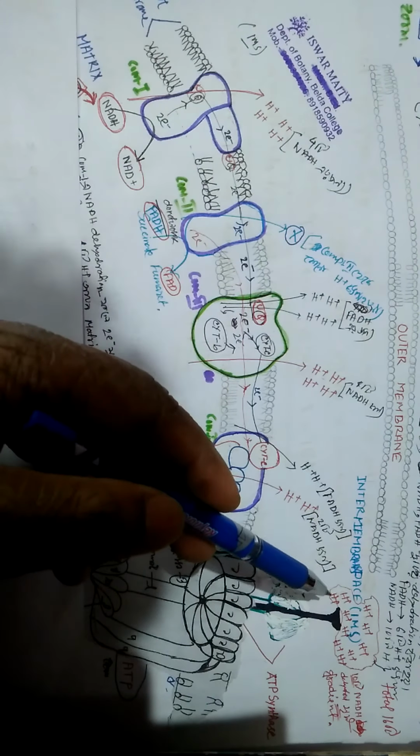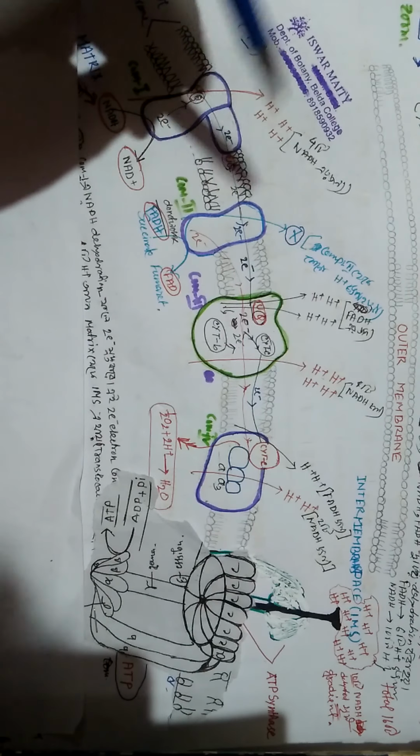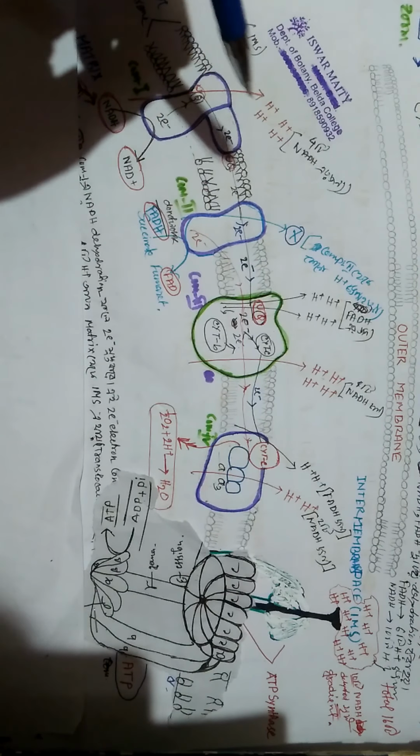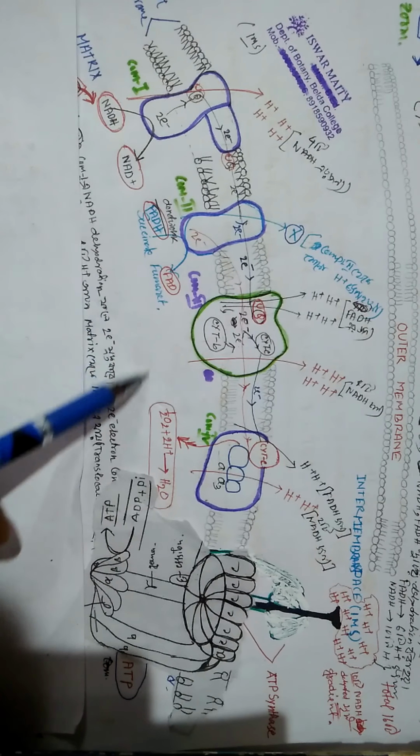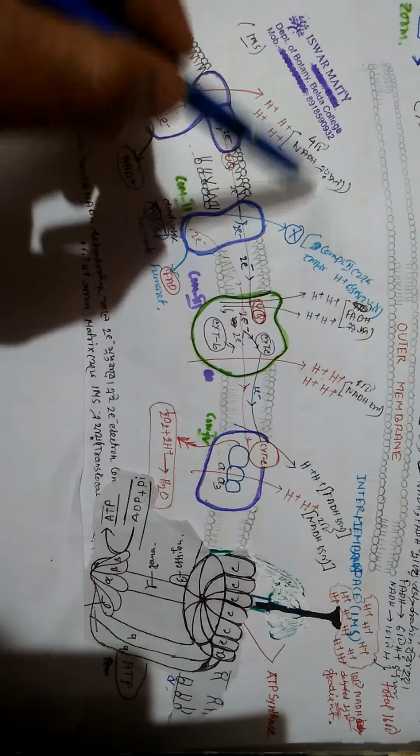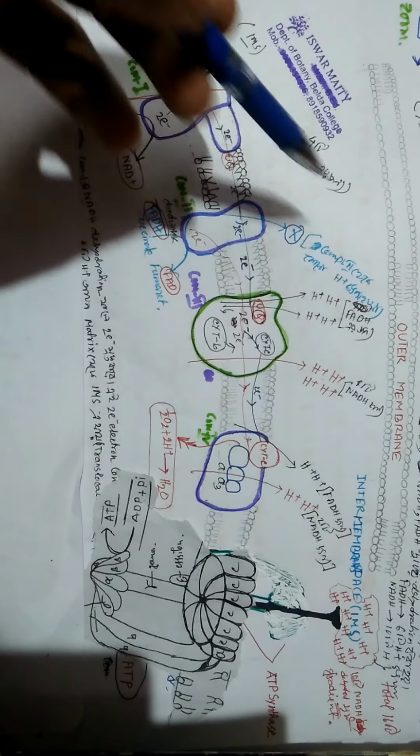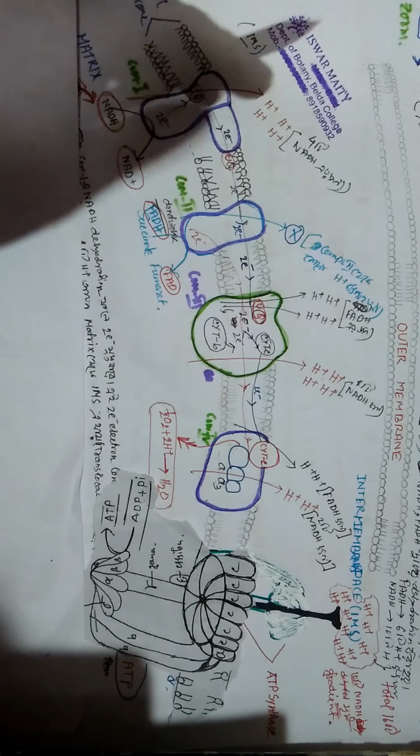and also during this situation, every cell or organelle wants to balance its positive and negative ion balance. Here the OH minus ion level is higher, and here the H plus ion level is more. So this is the positive side and this is the negative side. So the cell wants to balance.